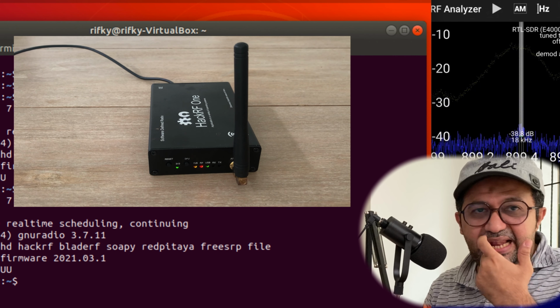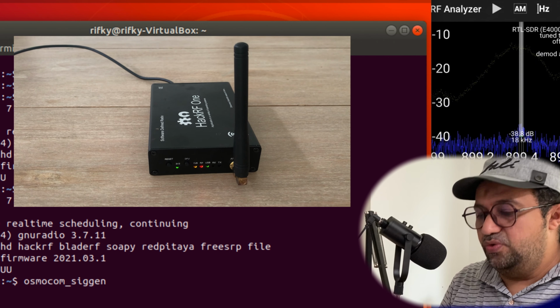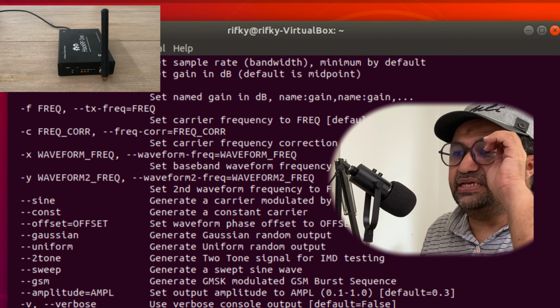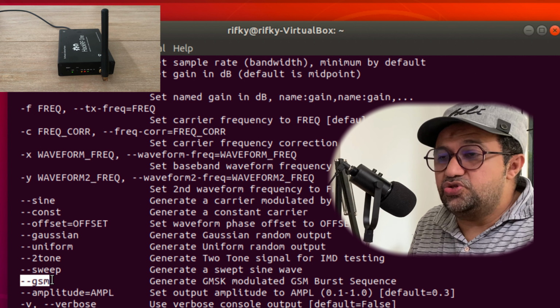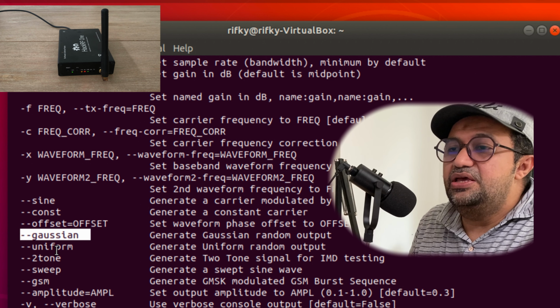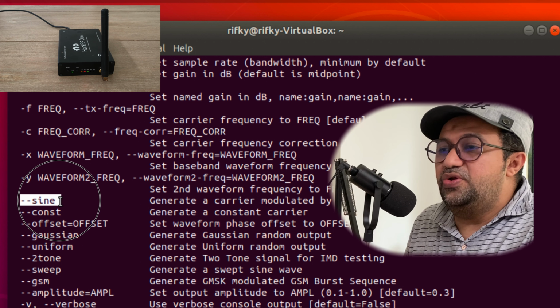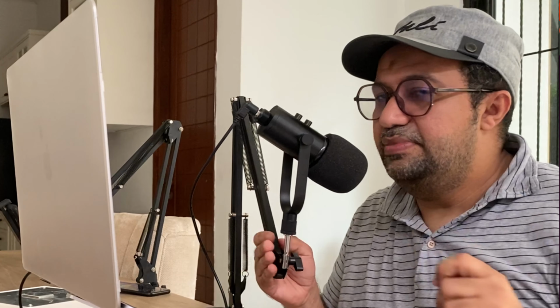Okay guys, as easy as that. And you can explore more. For example, as I told you, if you want to generate another signal, you can simply use this help, and you can also generate the GSM, which is the one I already showed you. You can also generate the Gaussian, you can generate sweep GSM or sinusoid modulation carrier with the sine wave, right? So you can explore with this, maybe necessary for your own project. And I always say, keep learning and stay humble.